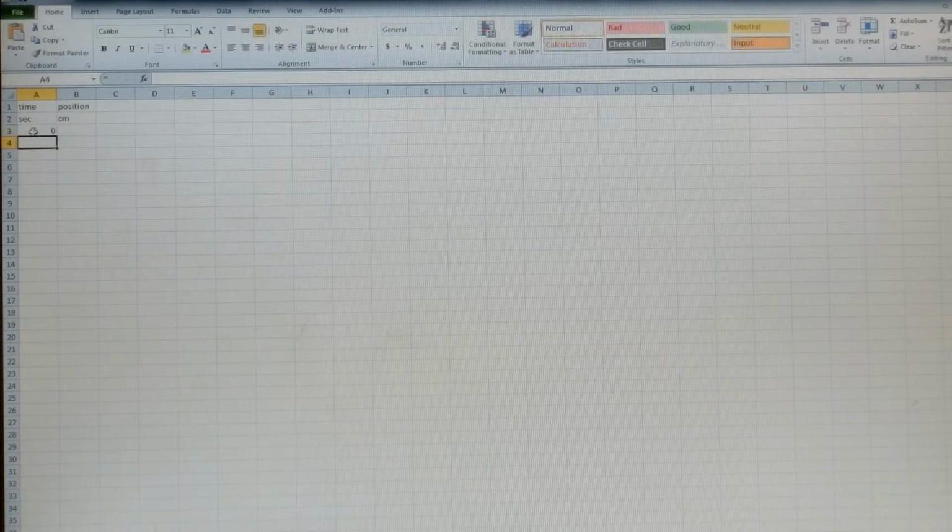At 0, 1, 2, 3, 4, 5, 6, 7, 8, 9, and 10. And suppose these were my positions. It started at the origin, and then at the 21 centimeter mark, 43, 61, 84, 99, 120, 139, 161, 178, and 199. So I put my data in columns A and B, and now I want to make a